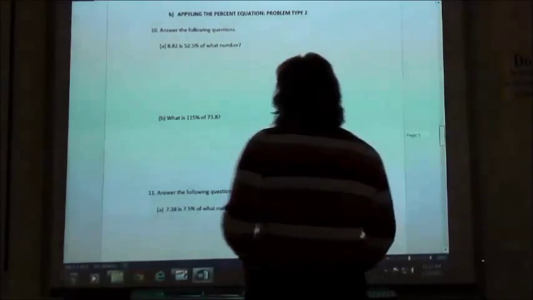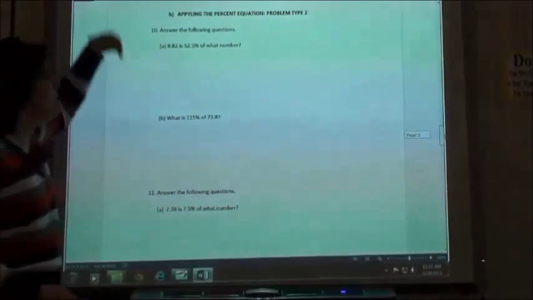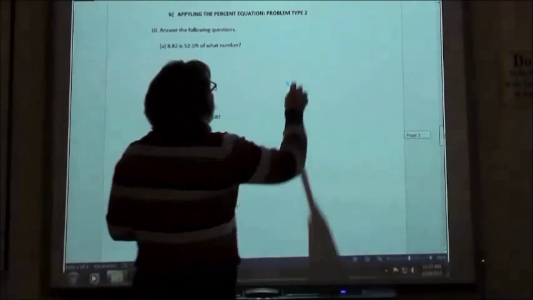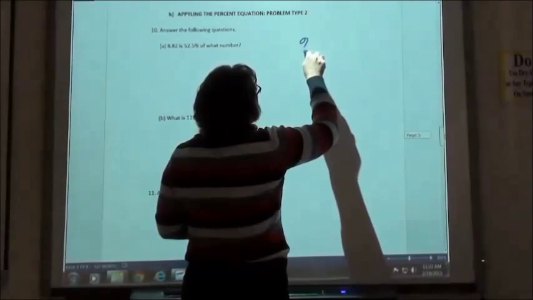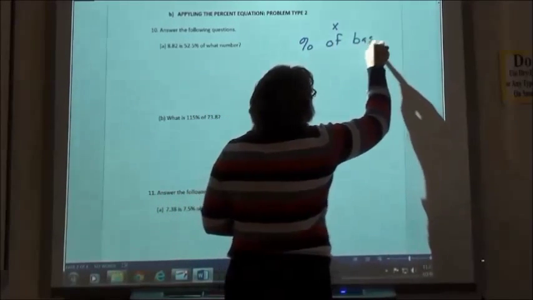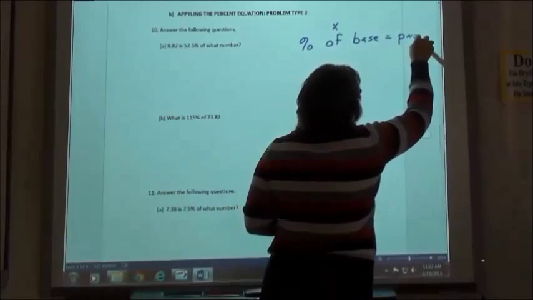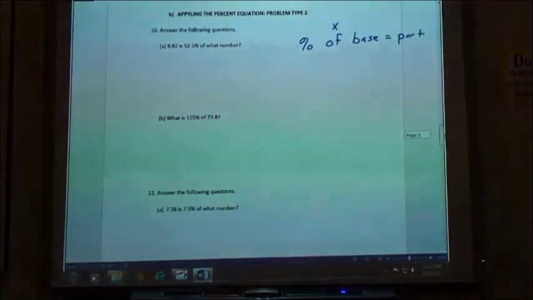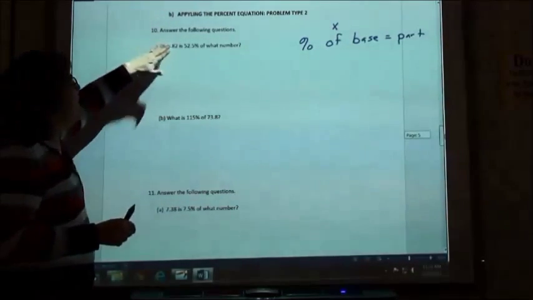Applying the percent equation, problem type 2 is going to be very similar to what we did for type 1, except now we're going to have decimals in there and a little more complicated expressions. Again, we want to keep in mind that what percent times the base equals the part. And if we have a percent, we have to change it to a decimal when we work that out. So translating